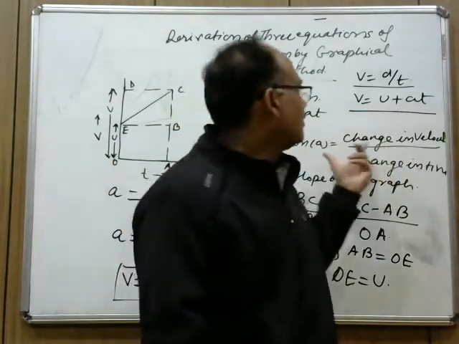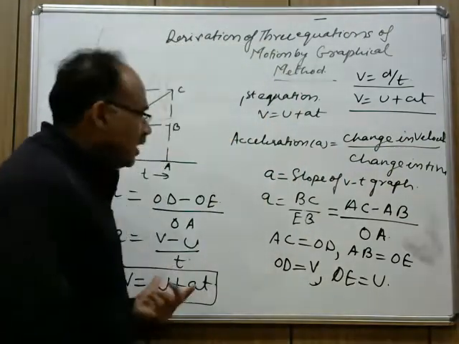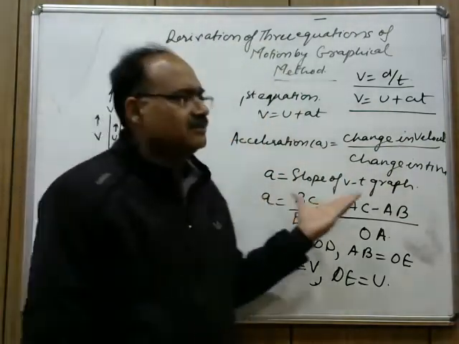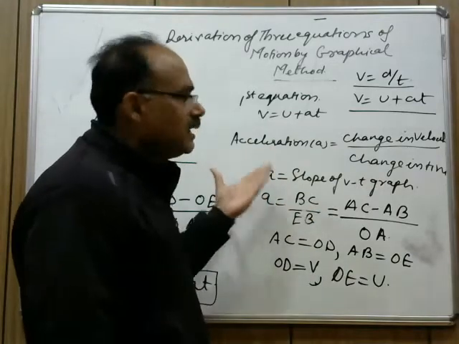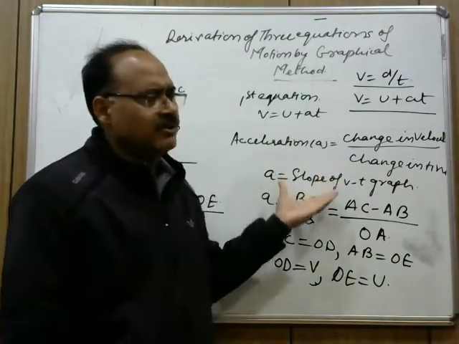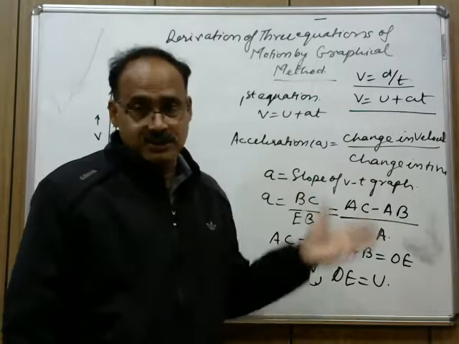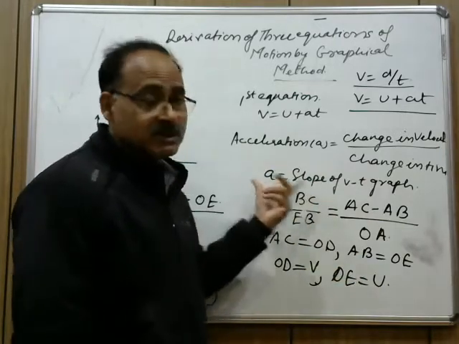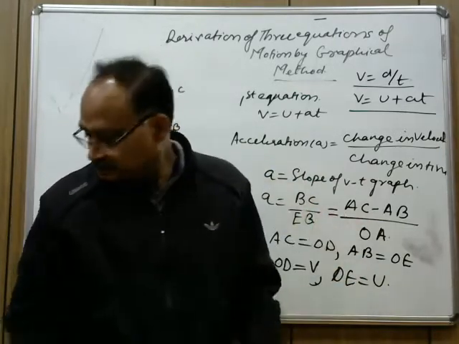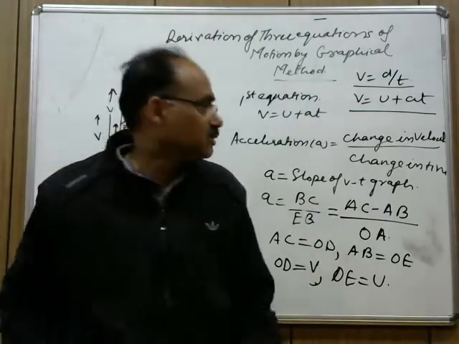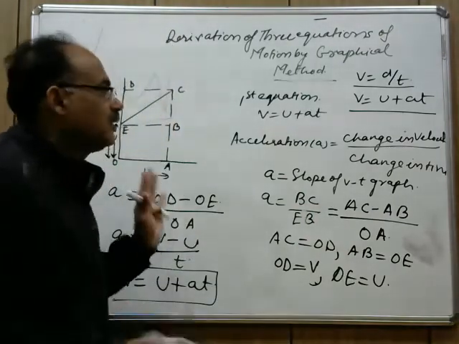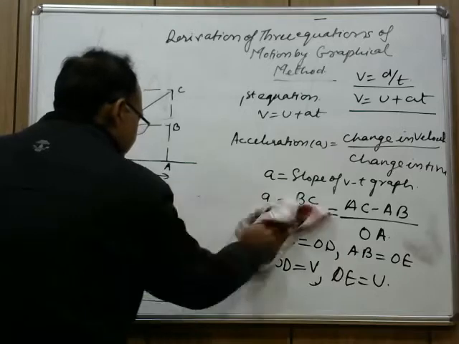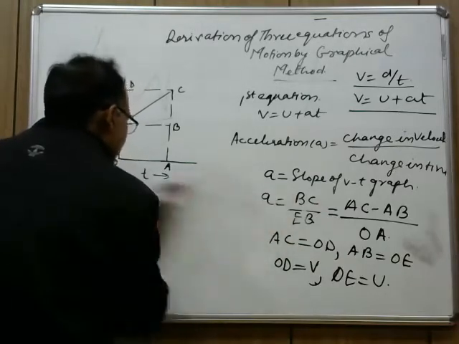So this is all about the first equation of motion. Now we will tell you the conditions for when initial velocity, final velocity and acceleration are 0, for calculating numericals based on these equations of motion. Now come to the second equation of motion. The diagram remains the same. There is no change in the diagram. Only the equations will vary.